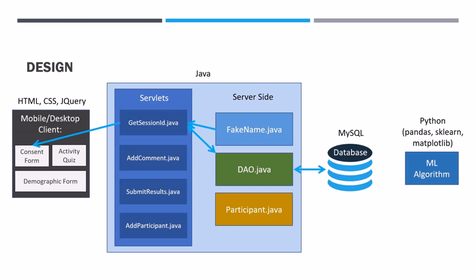shows this to the participant in their consent form, so they know as they're signing that all of the data they're providing as part of this research project is stored under the fake name that they see there. Next, they give over as much demographic information about themselves as they're willing to share, which through the add participant servlet stores all of their information in a Java participant object, and this object, when complete, can be passed to the data accessor object and into the database.